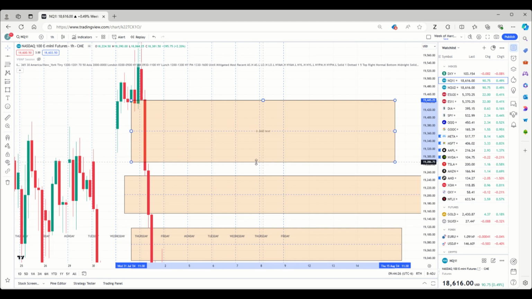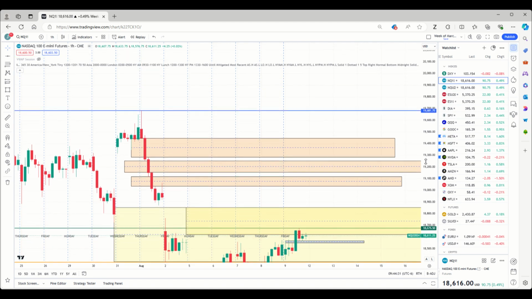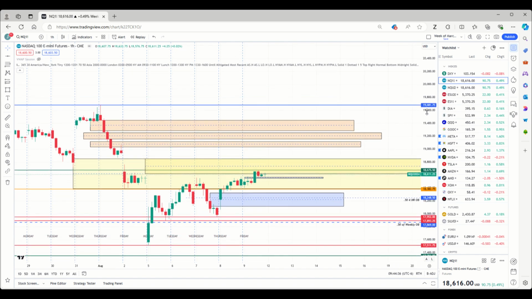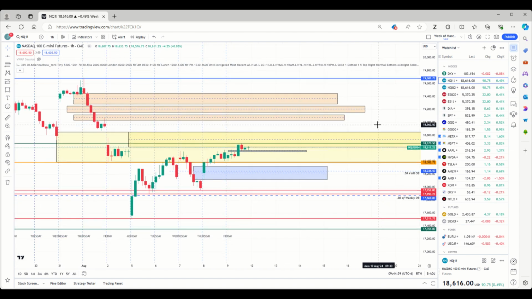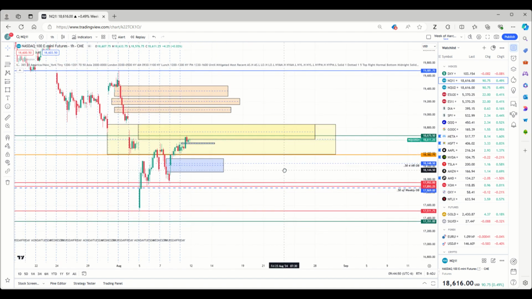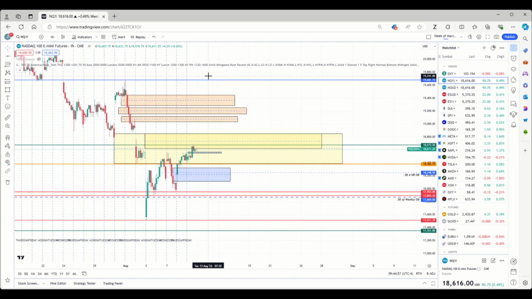The last thing I like to do on the hourly here is just, let's look at the fib, right? Let's see where we're at currently. And you want to do these on the current price range. And so the current price range for us is this swing high and this swing low. This is our range. You don't really want to do the very highest high and the very lowest low, because it's already retraced a couple times and now we're going up and retracing. So you just want to do your current price range to get the most accurate